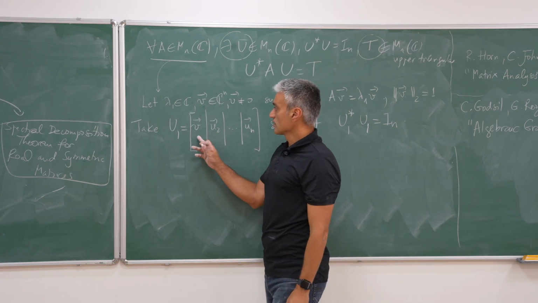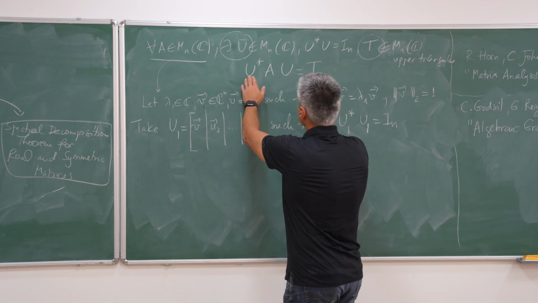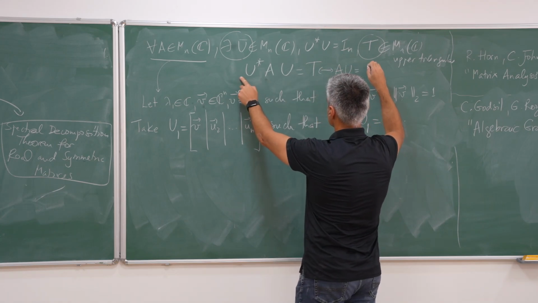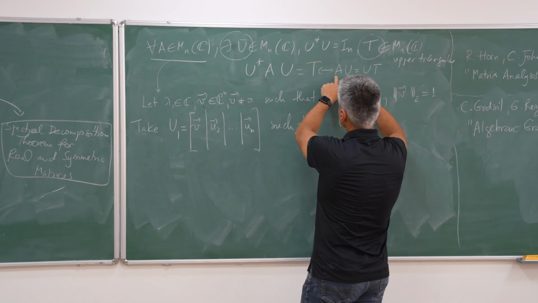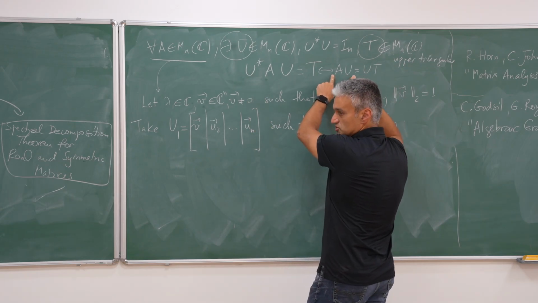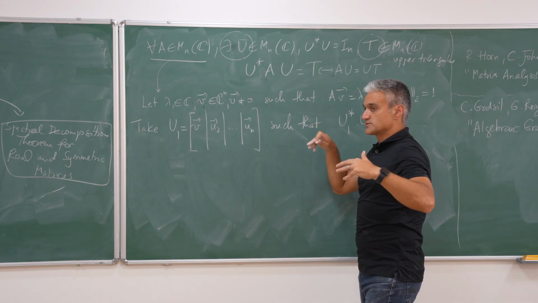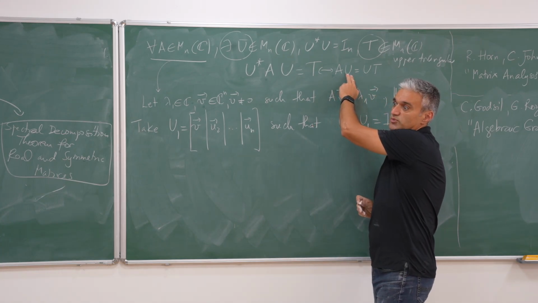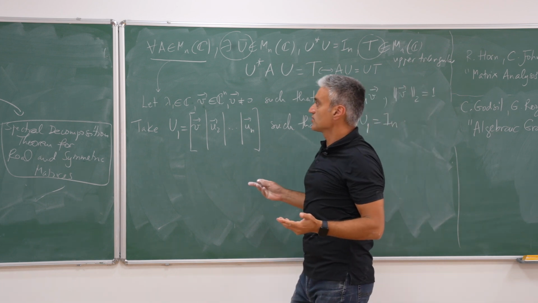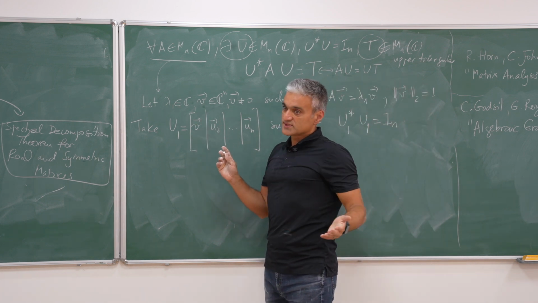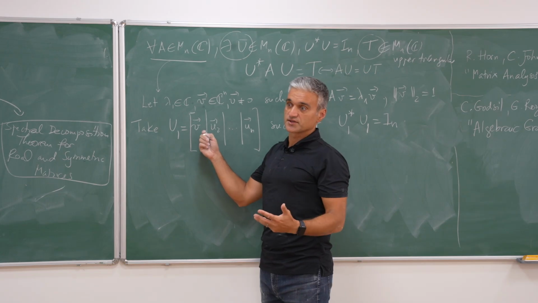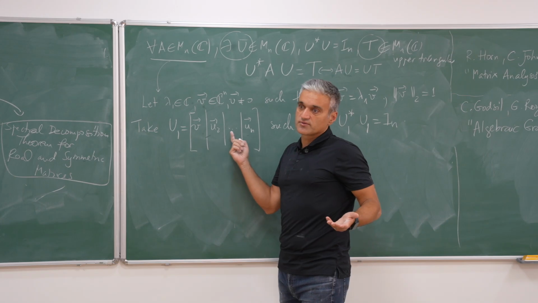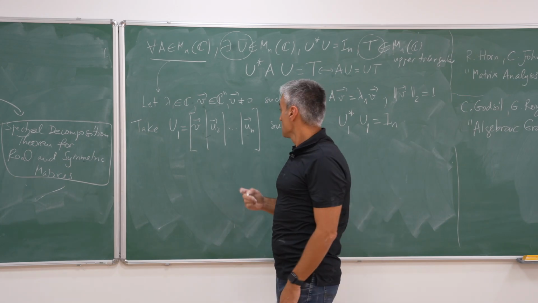And then you can rewrite this as AU equals U T. So the first calculation you'll do is A times U. From experience, eigenvectors are going to be your best choice here. You may not get the full set of eigenvectors, but you have one. So you use that. Take one eigenvector, and fill up the rest with whatever you can, so that this is unitary.